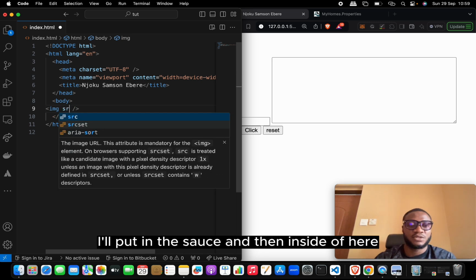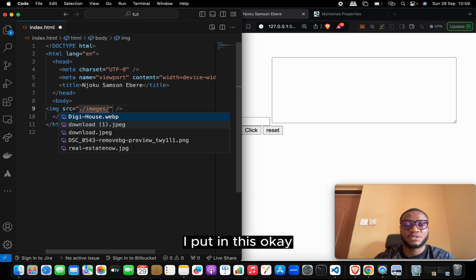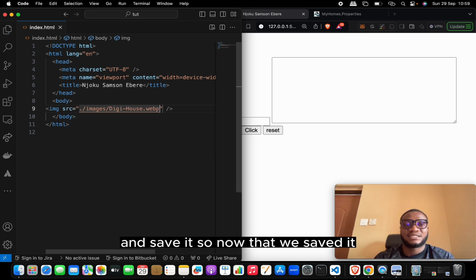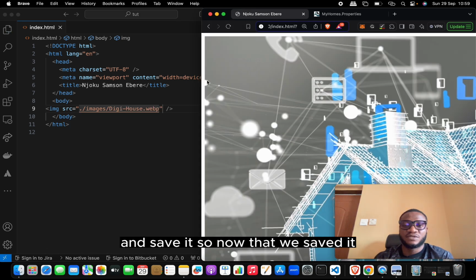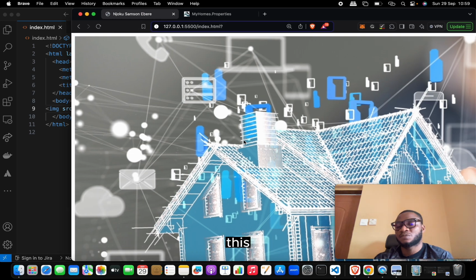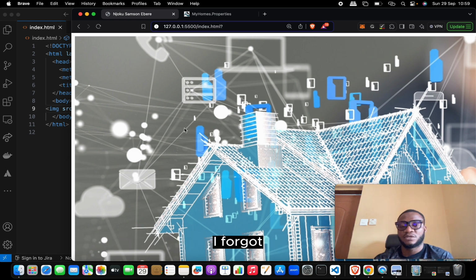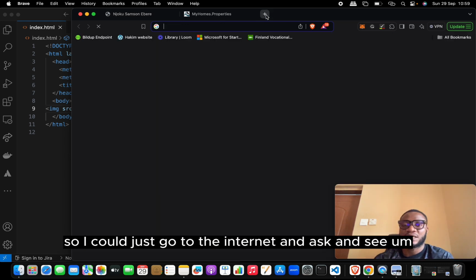I'll put in the source, and then inside of here I'll put in this. Okay, and save it. So now that we saved it, let's say I'm wondering why this is taking up the whole page. Let's say for any reason I forgot. So I could just go to the internet and ask and say